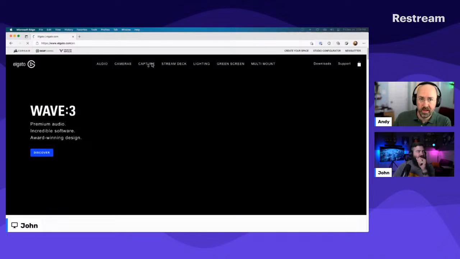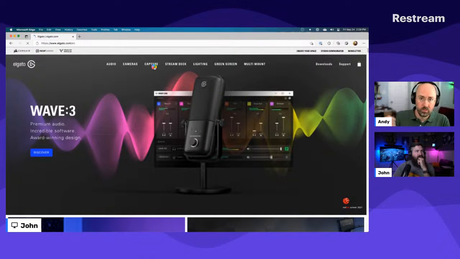This is the Elgato Cam Link 4K, so it does 4K definition. This is $100. I think I got it on sale at Best Buy for $80 when they were available. And then there are other versions of that as well. But when you're using a capture card, you're taking the feed out of some kind of source, whether it's a high definition camera, or your PlayStation or a TV or whatever, and you're running that as a webcam into the tool that you're using.